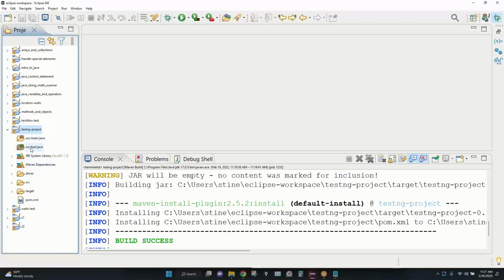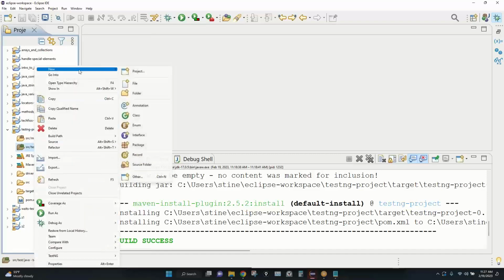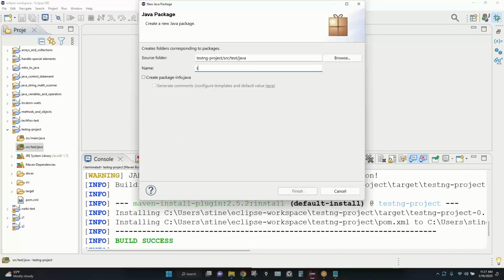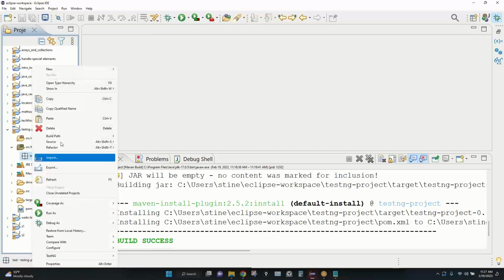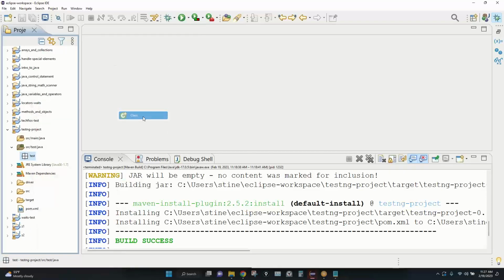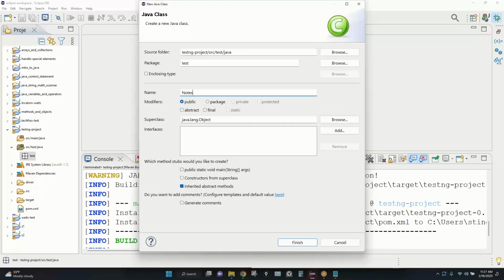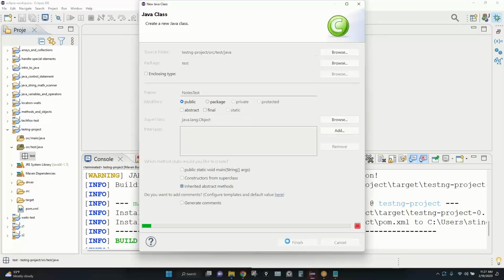So go into this project, go into this test folder, create a package called test package. And in here, I'm going to create a class called notes test class, finish it,